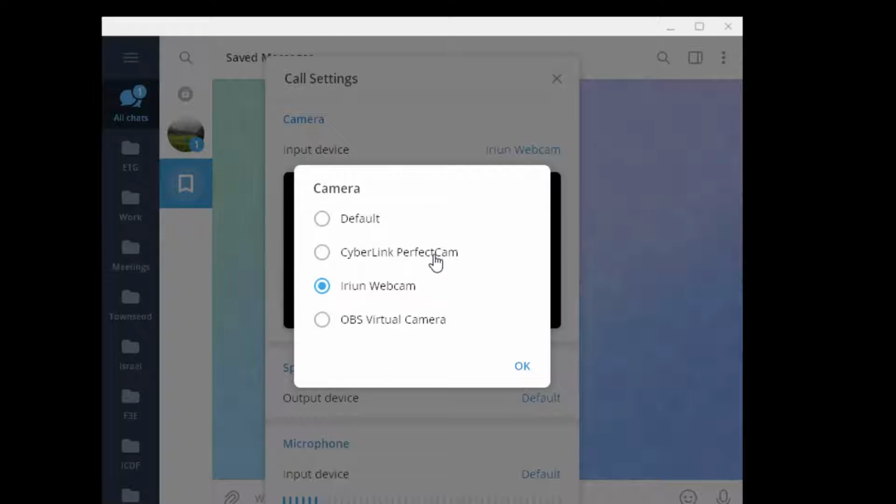Once you're in the group and functioning there, you don't have access to setting up the camera per se. You can still set up the audio input and the listening device, but not the camera. Hopefully they'll introduce that sometime later into the later version where we can do it inside the group video chat